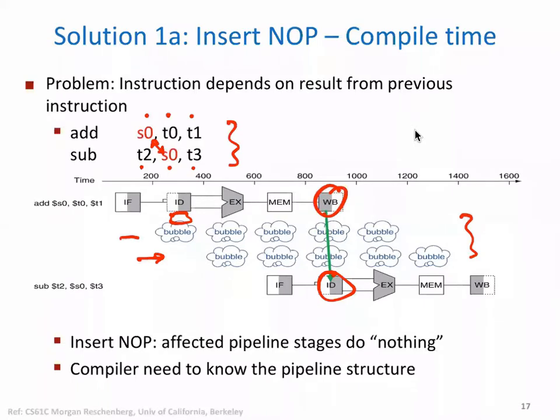See, we have discussed this point: when we design an ISA, what is below that interface should not be known to programmers or anybody who is using the ISA. Now, how will you insert a bubble at compile time? Because the compiler would need to know the structure of the pipeline. So that is one issue.